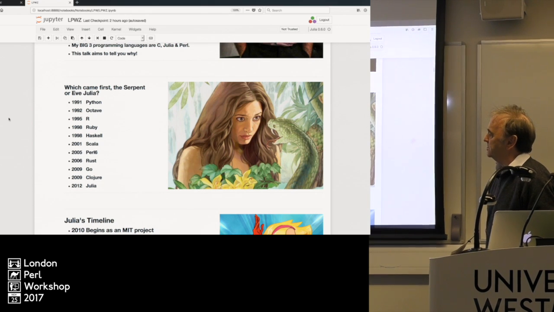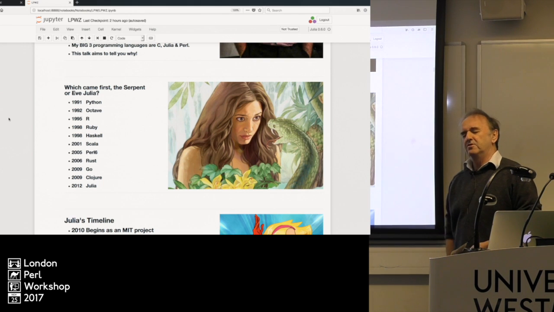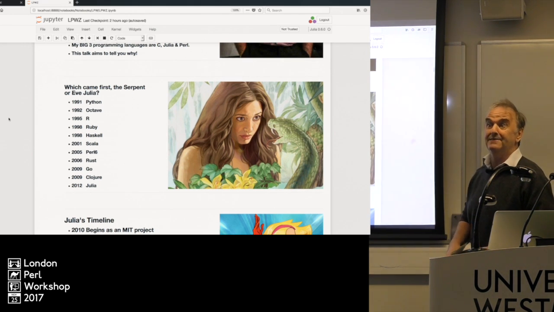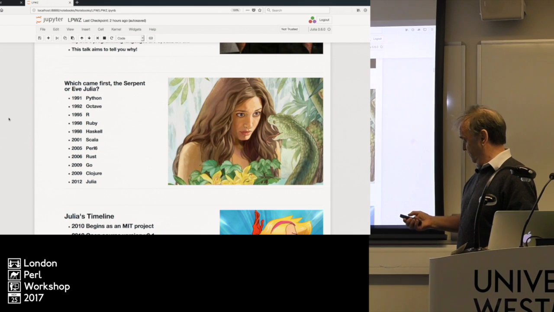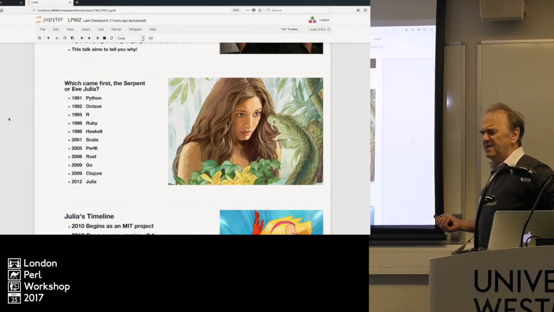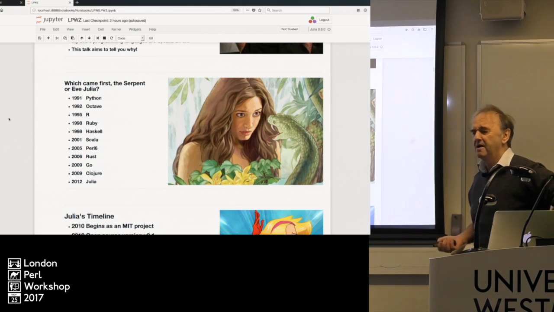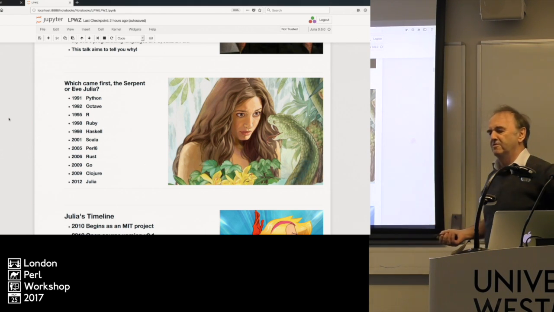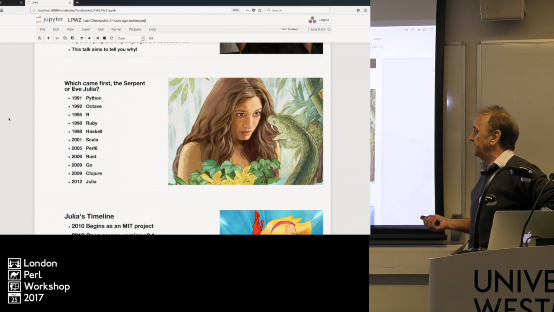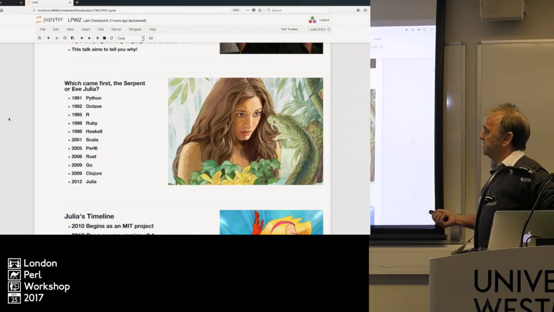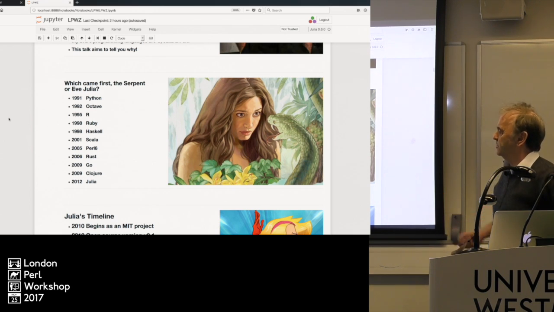It's interesting how long some of these things have been around. These numbers are when you as a person could first get your hands on them. So Python's been around for an awful long time, 91. In fact, Python 3, anybody use Python? No? All right. Python 3 has been around since 2008. And okay. Octave is, say, a MATLAB clone. R is a S+ clone. Ruby, Haskell, Scala. Perl 6, I don't know if I'm giving that justice, but that's when you could first get